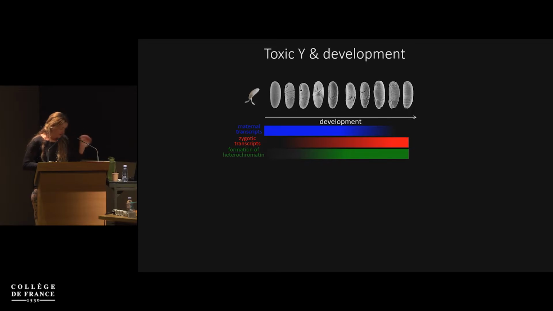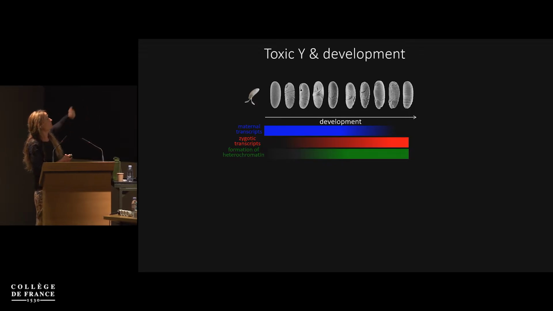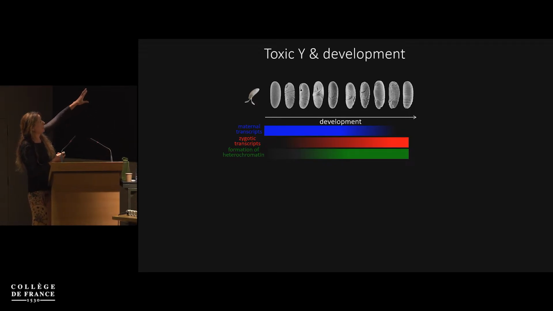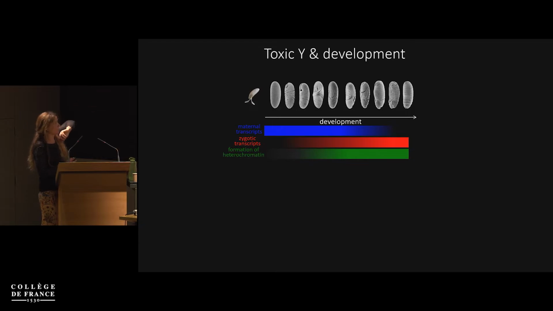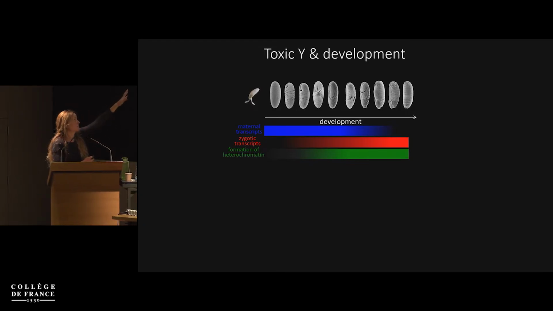The other time period that I told you where heterochromatin is compromised is in early development. So in fruit flies, the first couple of hours of development, so you start with an egg, and this is early embryogenesis. Most of the first 2 hours or so of development are fully driven by maternal transcript, so the embryo doesn't have any zygotic transcription yet.